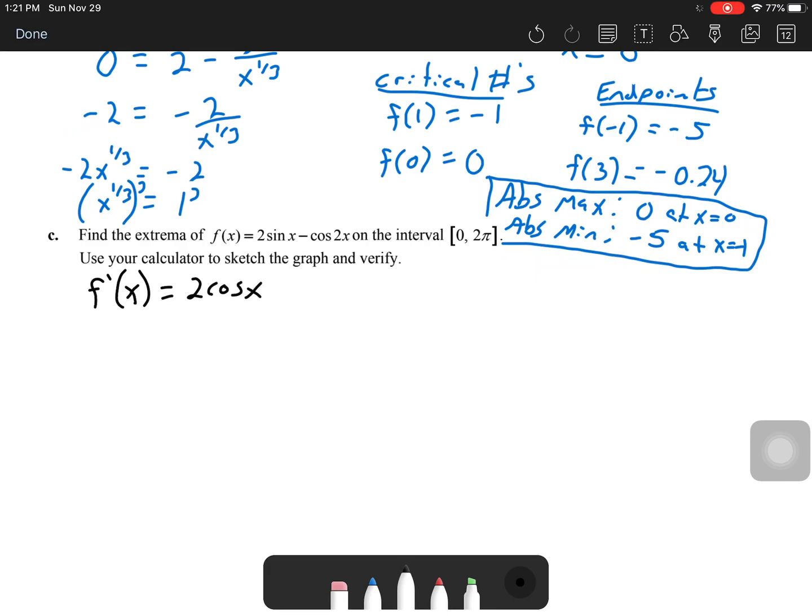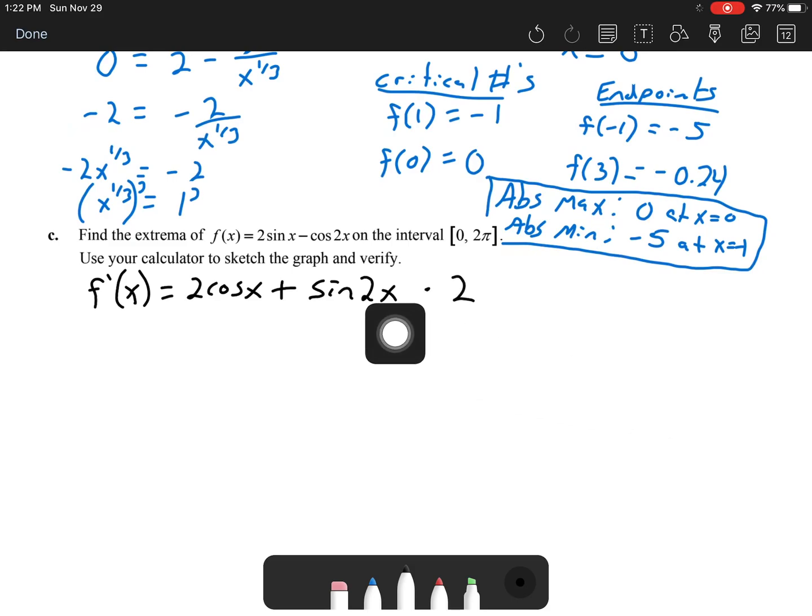And then derivative of cosine 2x, so this one's going to involve a chain rule, right? So remember, derivative of cosine is negative sine, and so that's going to change that minus to a plus. So I have plus sine 2x,